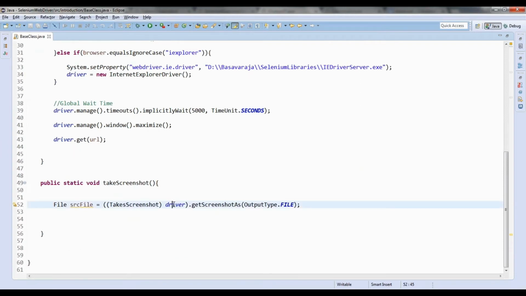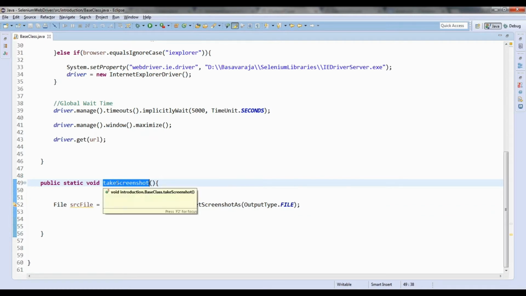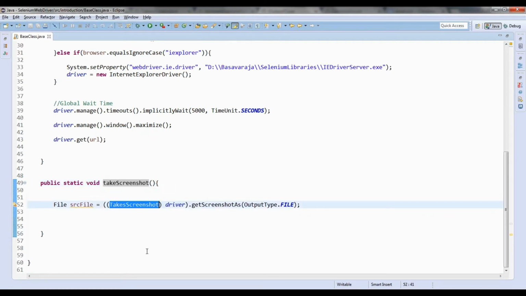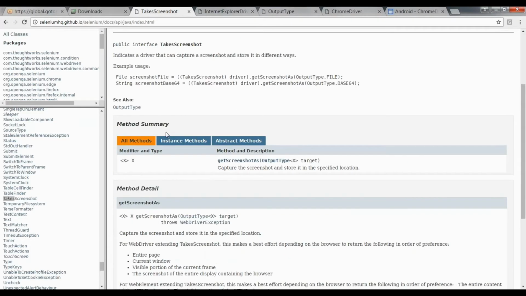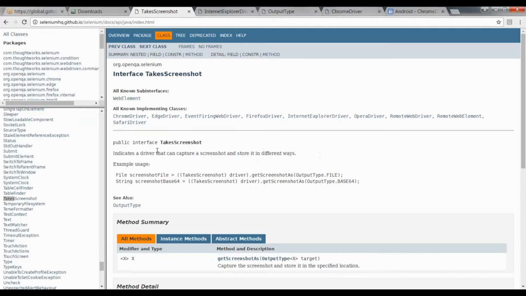That's why this WebDriver interface will not implement or extend this TakesScreenshot interface. We can see here, this is very important, just understand this. You can see here, TakesScreenshot is an interface, all known implementing classes are ChromeDriver and others, but it is not WebDriver, right?